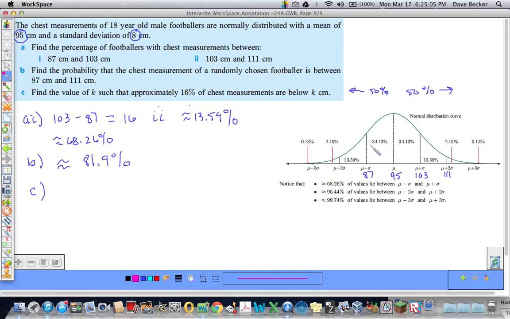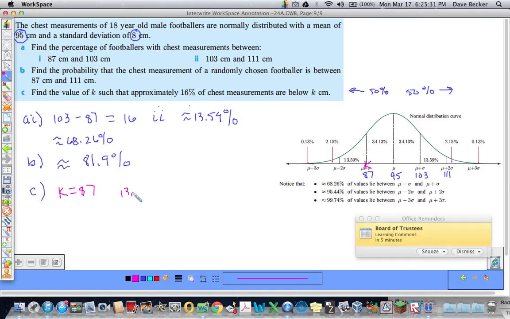So K is going to equal the value where to the left is 16% below the curve. Now it happens to be, not happens to be, it is 87 in this case. K equals 87, and I'll show you two ways that you could have come up with that. Well, 13.59